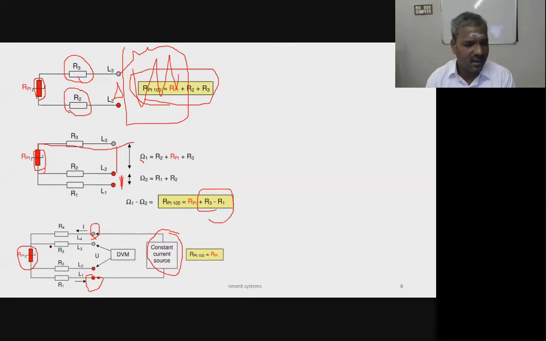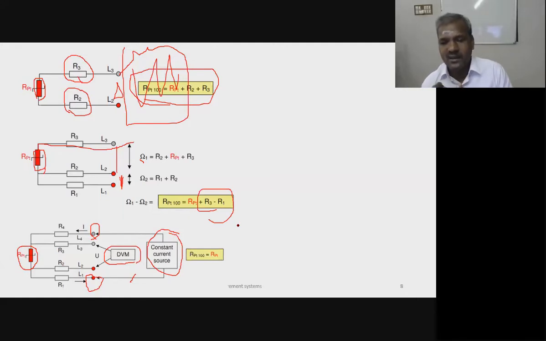Whereas the internal R3 and R2 lead wires are connected to a digital voltmeter. So these two simply measure the drop across the RTD. Why? We are passing the constant current through the RTD. When we pass current to the RTD, there is a drop, I into R_RTD. The drop can be measured using the other two lead wires with a digital voltmeter. So these three are the very famous wiring configurations for RTD.